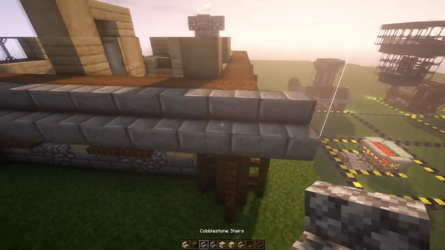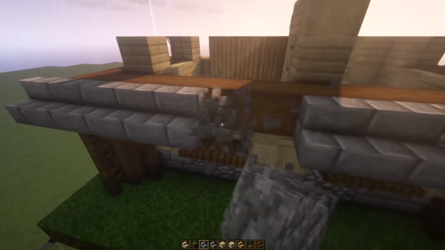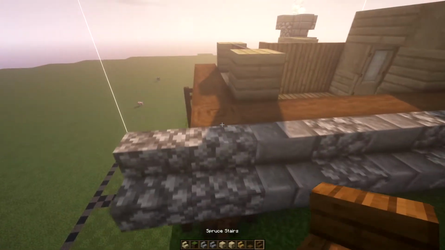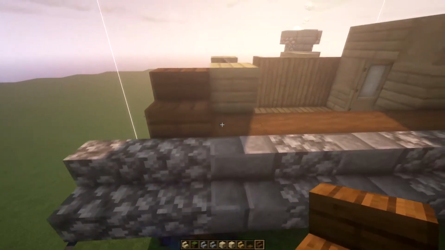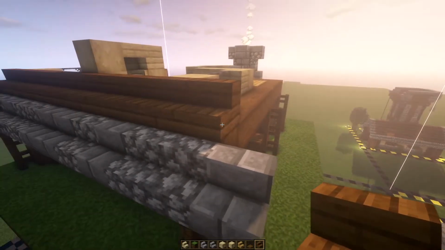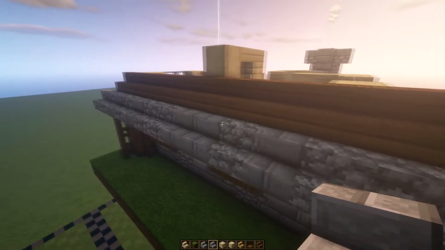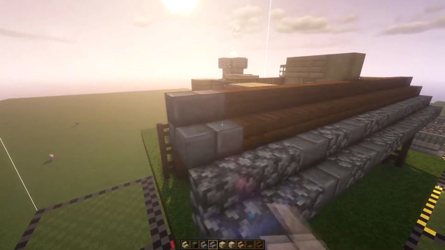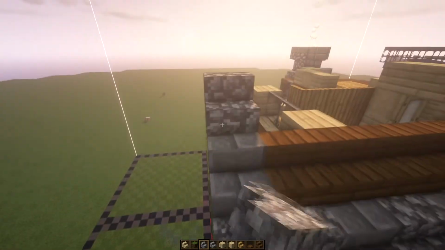Then you can go back with the cobble and you can actually mix and match as you desire. Then what you can do is grab your spruce stairs, and instead of lining it up with this one, you're going to line it up with the second one and bring it all the way across to about here. And then you can actually switch over to the stone brick or cobble and just bring it up another layer, just like this. Then you can switch over to your cobble or stone brick and bring it up another layer,